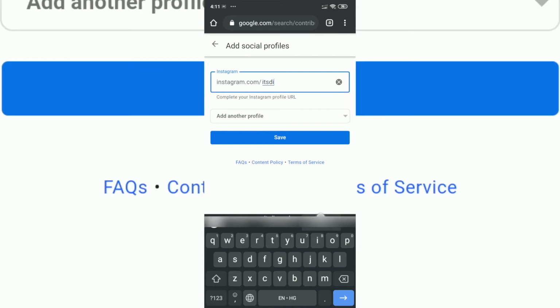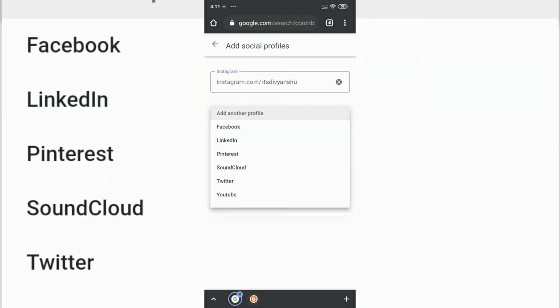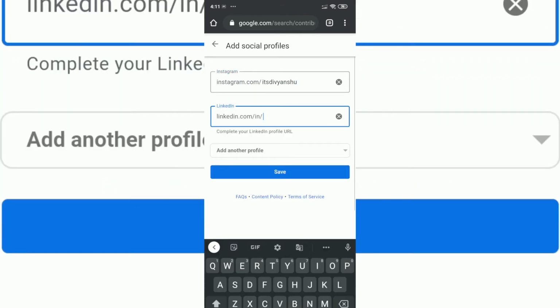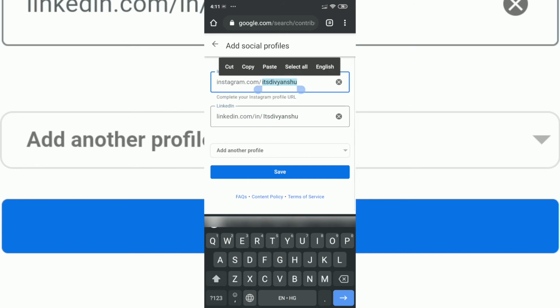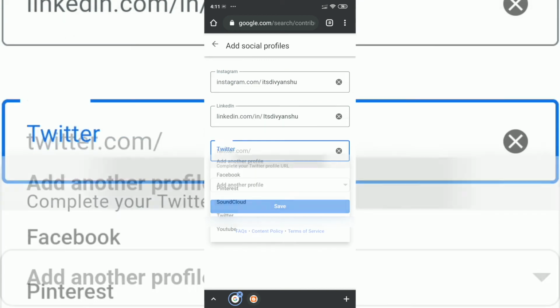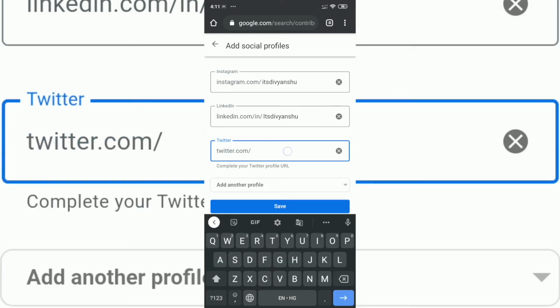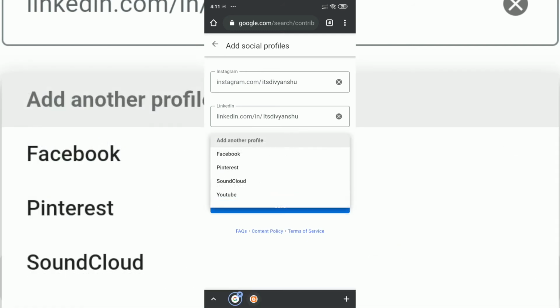I'll enter all the social handles, add another profile. I'll add the LinkedIn now. It remains the same. Add another, go to Twitter. Likewise I can add all these profiles.